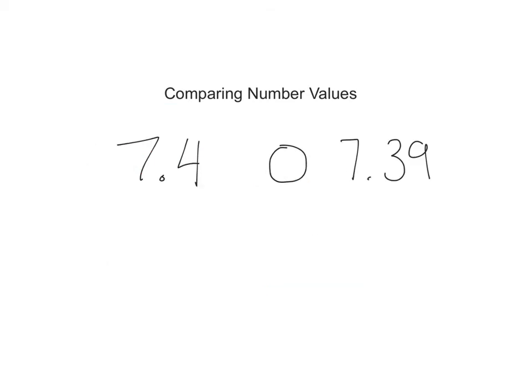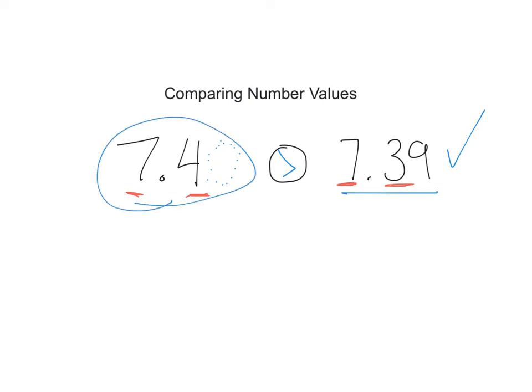Our next two numbers, 7 and 4 tenths and 7 and 39 hundredths. Sometimes it's common that people will consider this number larger because they see more place values in front of them. However, if we follow our simple steps and start with the highest place value, and when there's a tie, go to the next highest place value, you'll simply see that the 4 is larger than the 3, making 7.4 larger. You could also think about a 0 being there, 7 and 40 hundredths versus 7 and 39 hundredths, making this the larger one again. The next example we're going to look at